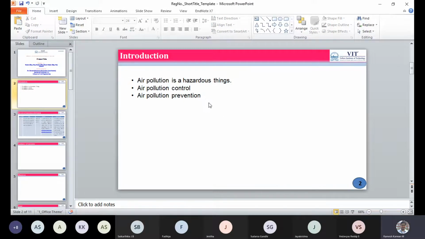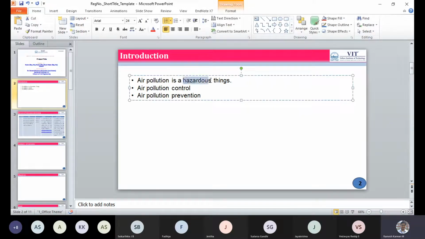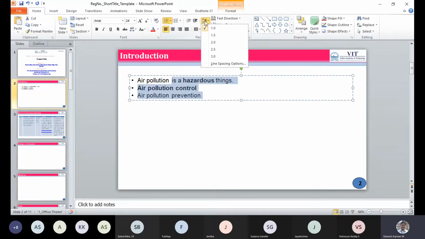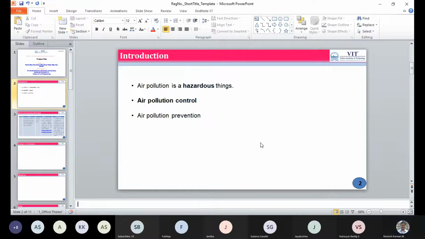So I request you to give bullet points. Do not copy paste a paragraph, as it will be very difficult during the evaluation, right? You can even highlight a few important things in case you want to specify something, like air pollution control. You can highlight that in bold, or give enough spacing to give a clear overview. You don't have to fill pages for God's sake, but instead understand the significance of individual words in your particular PPT, because that adds more value, right?